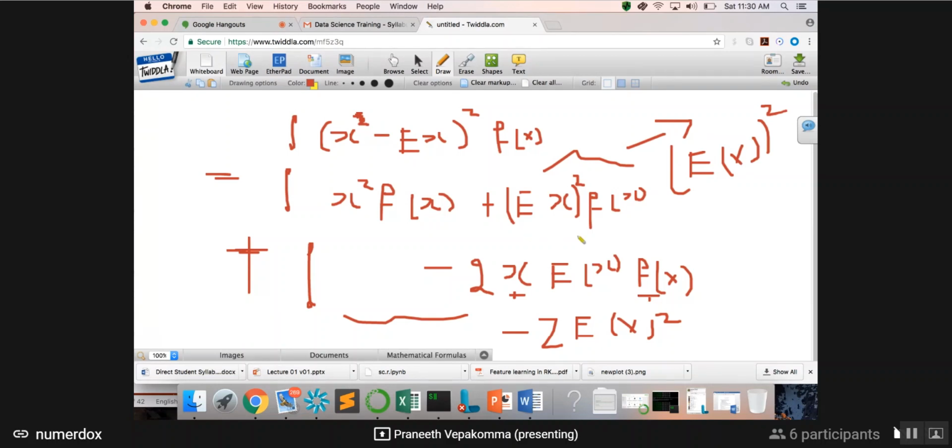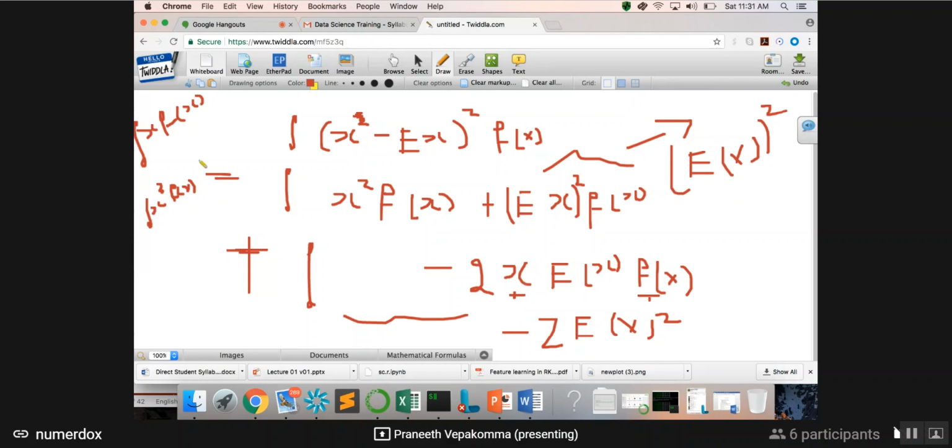No, this is coming directly from the formula, because the formula for expectation is x times f of x, right? X times f of x, or the summation of x times f of x, is the formula for expectation. The expectation of x cubed is the integral of x cubed times f of x. It's not going to be x cubed times f of x whole cube. So the formula is you take this and then multiply it with the probability. So this is negative expectation of x whole square, because of your expectation of this event.